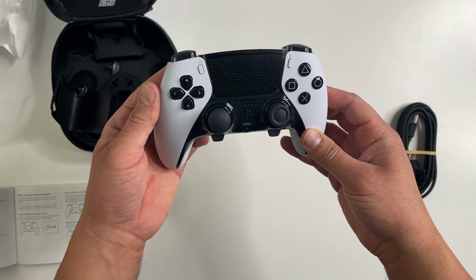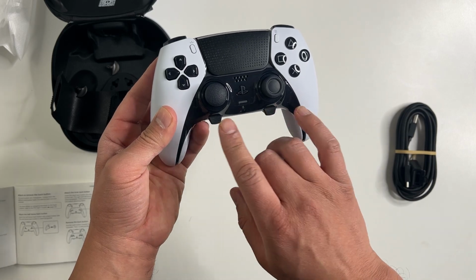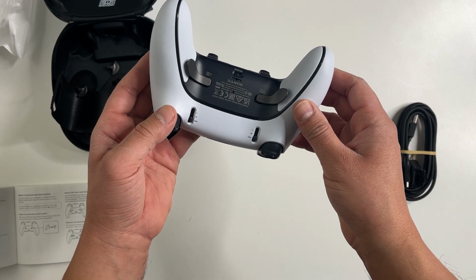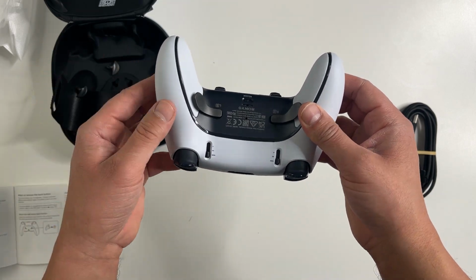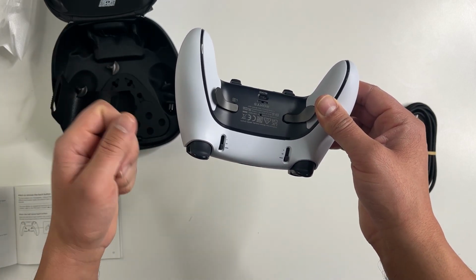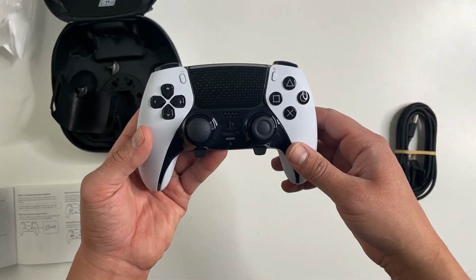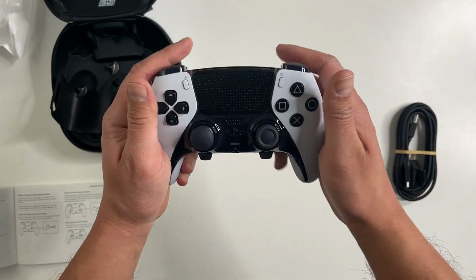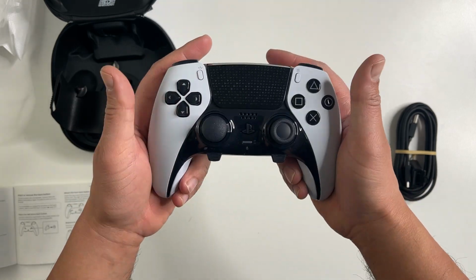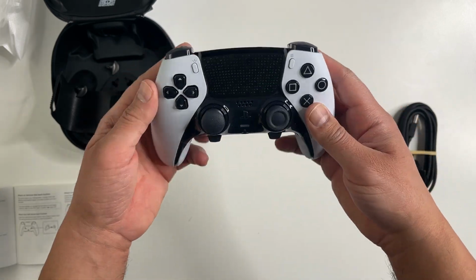I would say one of the things I don't like is the fact that you can't replace the D-pad. Also, changing the joysticks right here and the buttons, they're pretty simple. I mean, once you get used to it, but the Elite controller, I think, is a little bit easier, a little bit more quick. It feels effortless on that controller, but this isn't too bad. I like the fact that they made it very similar in dimensions to the regular DualSense, because that is a good controller, and this of course has all the features, the haptic feedback, as well as